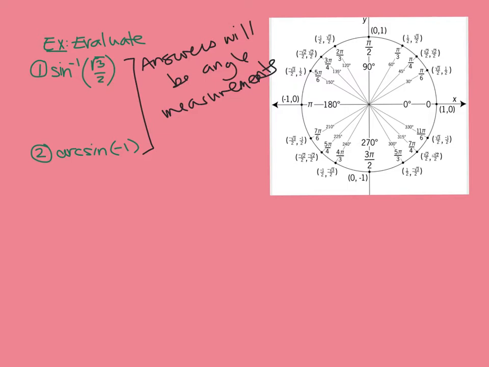So basically what we're looking for is the theta. You can even write that as equal to theta. What we want to know is where is sine equal to radical 3 over 2. So if you look at your unit circle, first of all, I want you to notice that sine is our y. And the other thing I want you to notice is that it equals radical 3 over 2 actually in two places. You might be thinking that there might be two answers, but actually